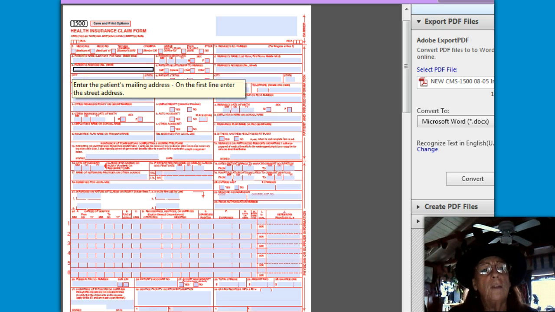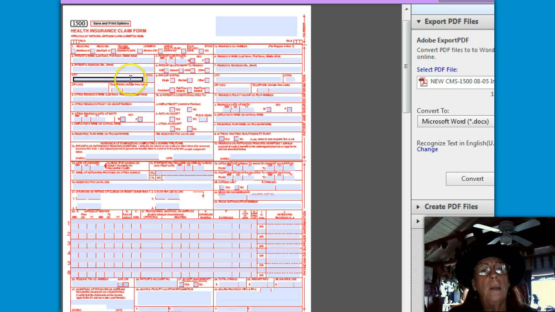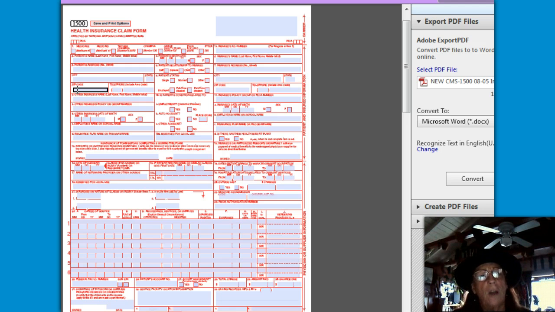Underneath that, then, in the next block, you're going to enter in the patient's mailing address. Again, we do not use abbreviations, so if it's avenue, road, street, any of that, you're going to type that out completely. Put in their city and their two-digit state alphabet. Put in the zip code. This is one of the only places you can put in a dash. So if they have the elongated 4-digit zip code, you'll just add in the first 5 digits, dash, and then